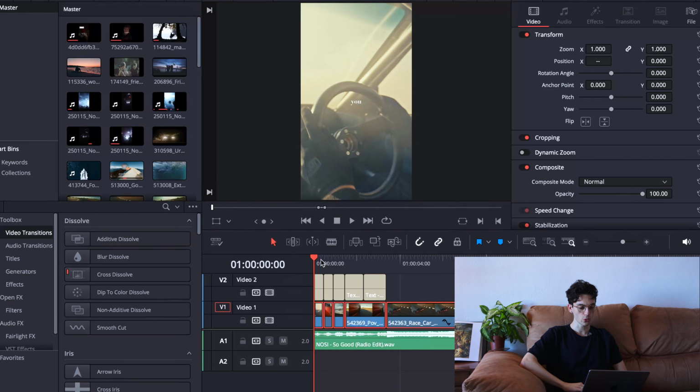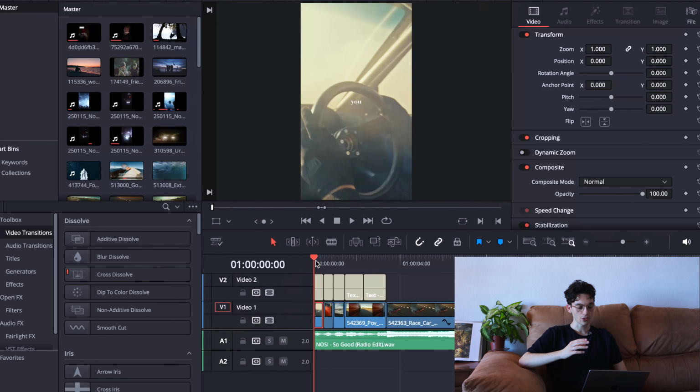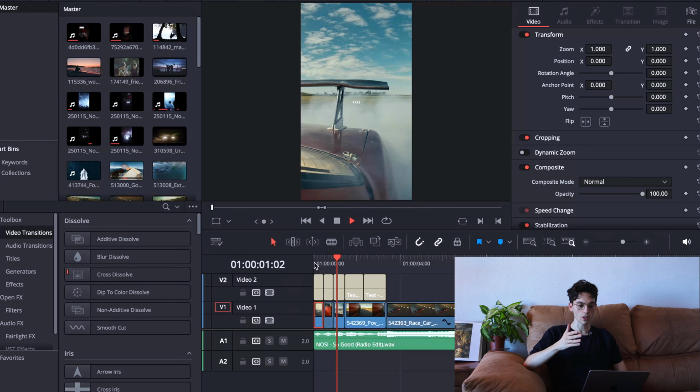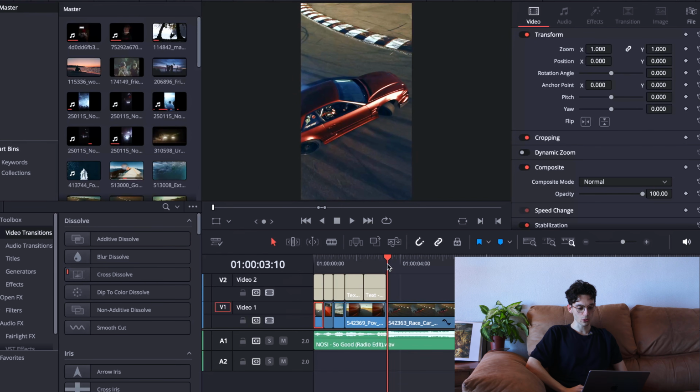Right, so as you can see, the first 3 seconds are all about grabbing people's attention. That is why we chose and used 4 different types of videos. As you can see, every time the vocal says a new word, essentially, we change the visual. So this is the first 3 seconds.